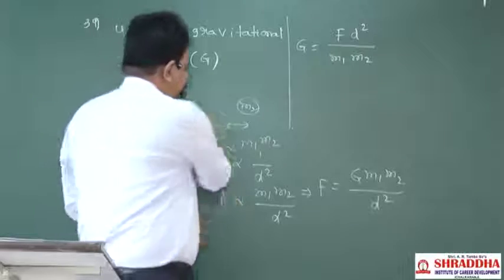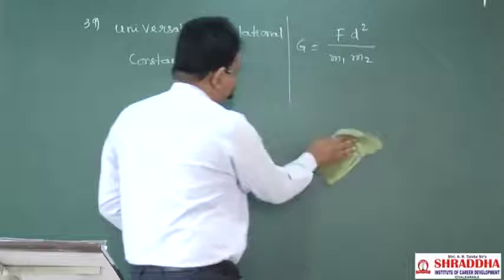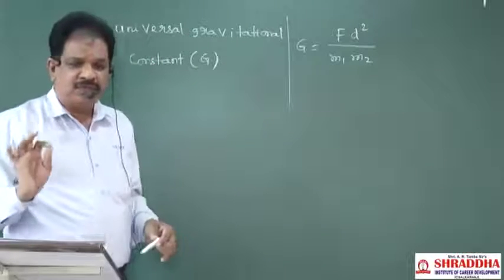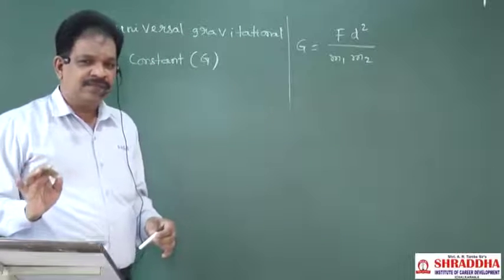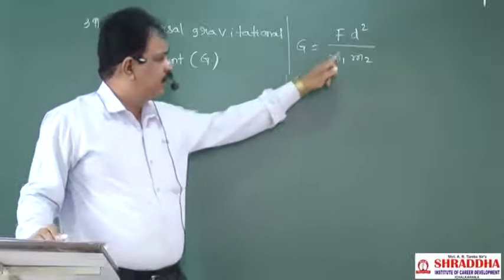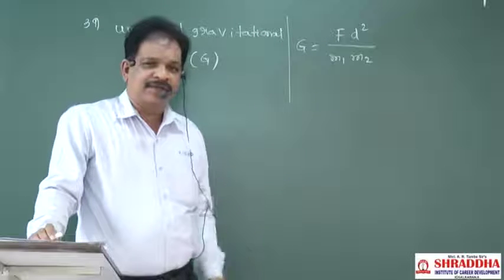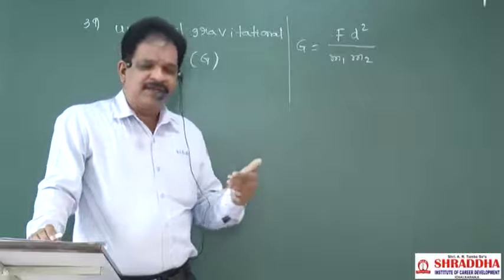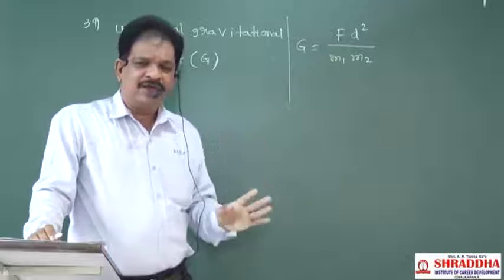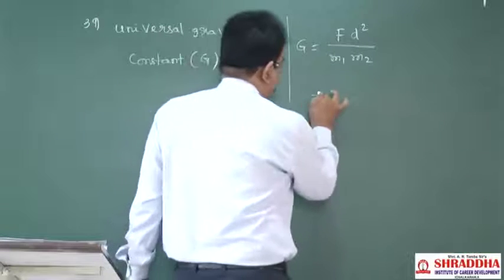Then try to substitute the formulas for them. Already I told you, at this juncture just memorize the formula and try to get the dimensional formulas from that formula. That is enough at this juncture. In the coming lessons, we will get a detailed explanation about all the quantities. So force dimensional formula, tell me how much that is?